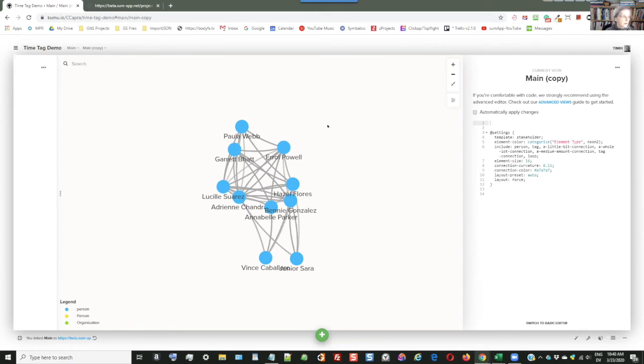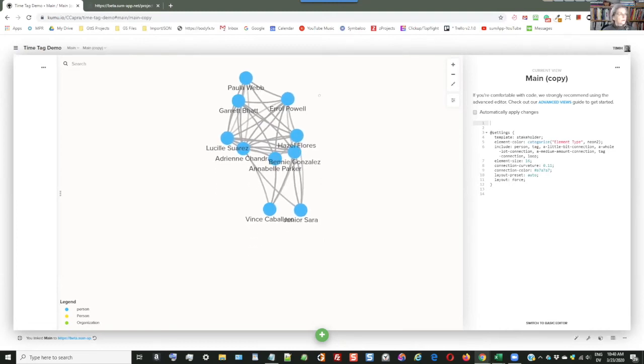And one last thing I forgot to say was, you can do this at any time. People will ask me, do I have to figure out my time tags before I start gathering data? And it's like, no, just gather your data. When you know what time frames you need, you can put them in there. If you need to change them, you can change them. The connections and the person data is all being gathered, so you don't have to figure it all out ahead of time. It can be changed.